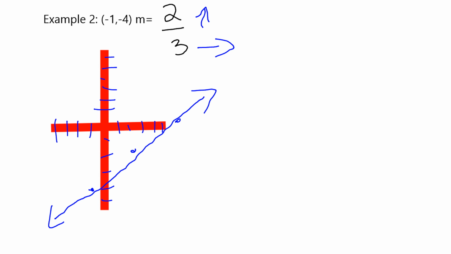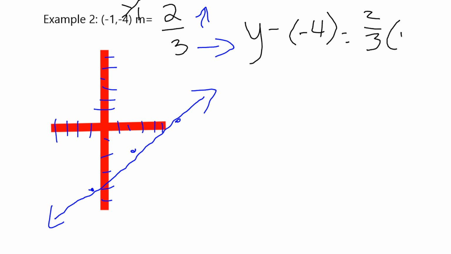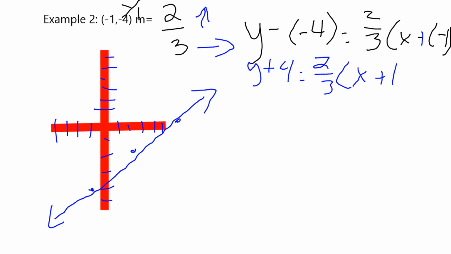Please make sure you use graph paper and you have a straight line when you're done. Now we're going to use our formula. Y minus my y1 is negative 4. I'm going to put that in parentheses, equals my slope 2/3 times x minus my x1, which is negative 1, and I'm going to put that in parentheses. So now I'm going to simplify this. I'm going to have y plus 4 equals